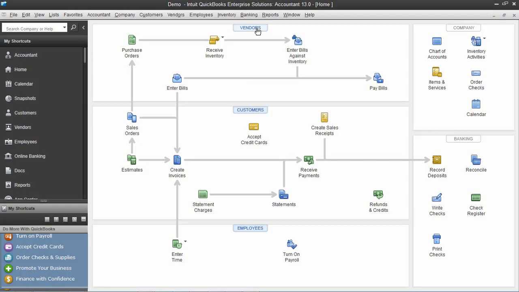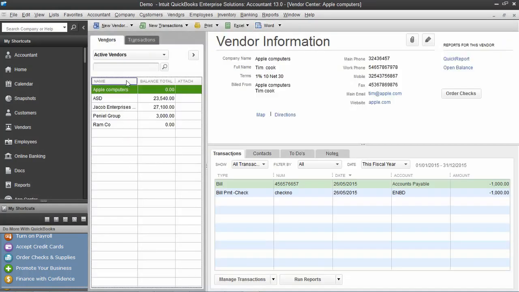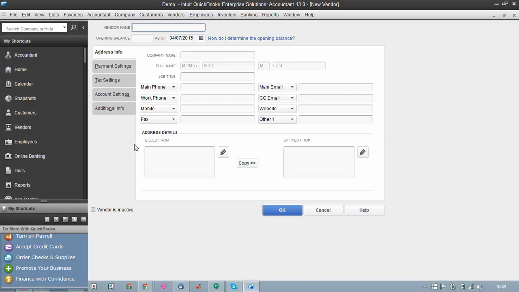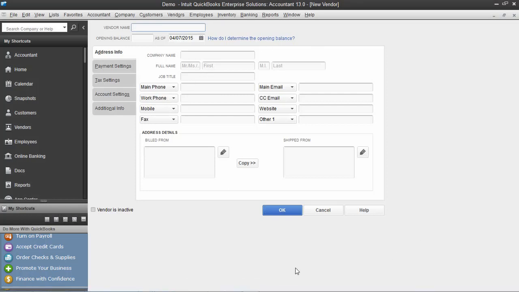Now I'm going to show you how to create a vendor. You can click on vendor. These are the summary of all vendors. In detail wise, if you want, you can create one vendor as well. Go to new vendor. These are the details you can see under vendor. You can create vendor name,